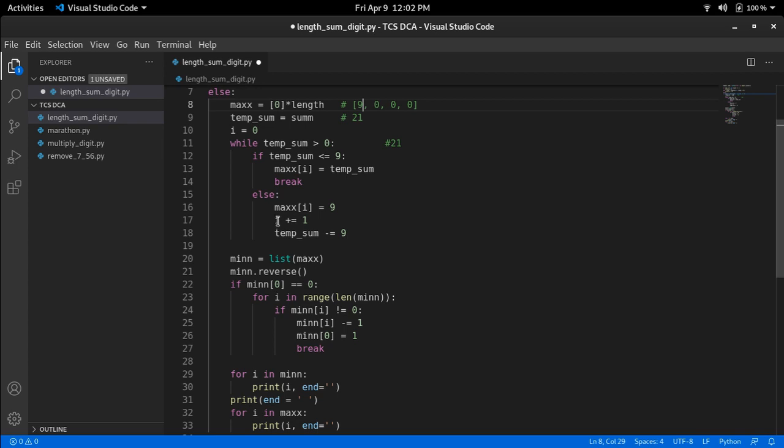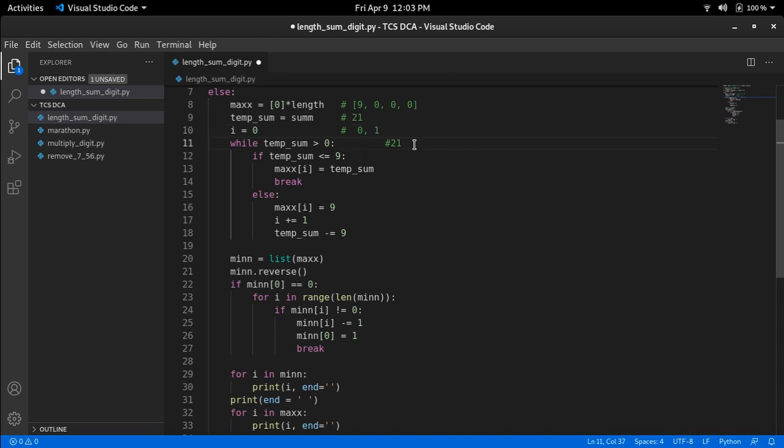Now the value of i will be incremented by 1. Initially the value of i was 0, and now it will become 1, because i is equal to i plus 1 is written, and temporary sum minus equals 9 is written here. What does it mean?